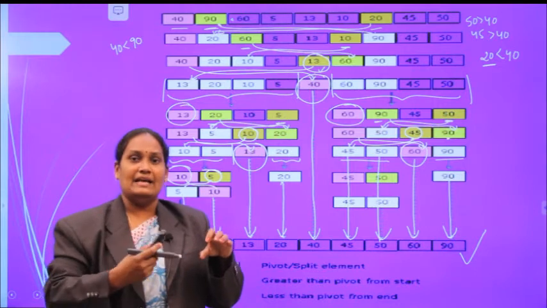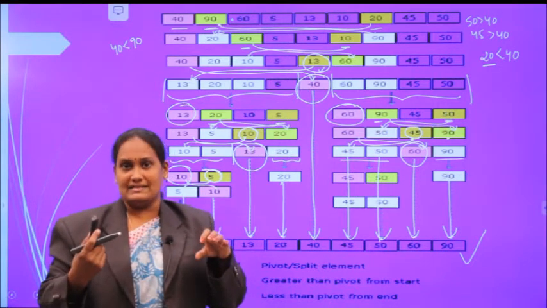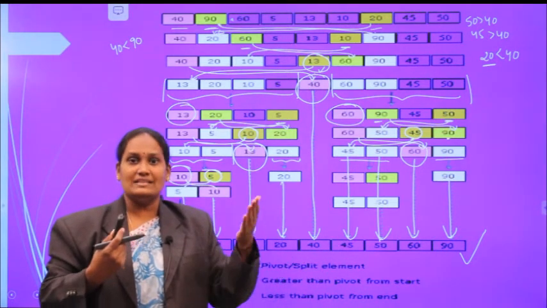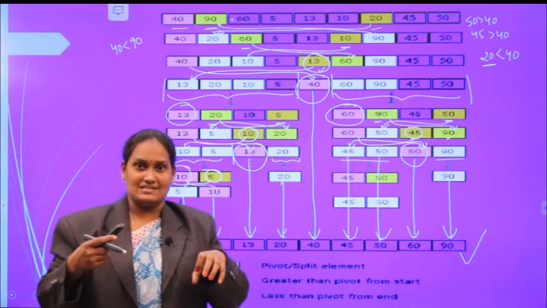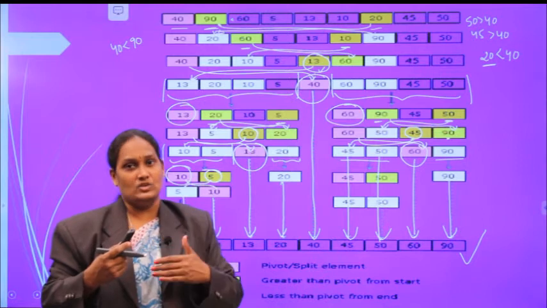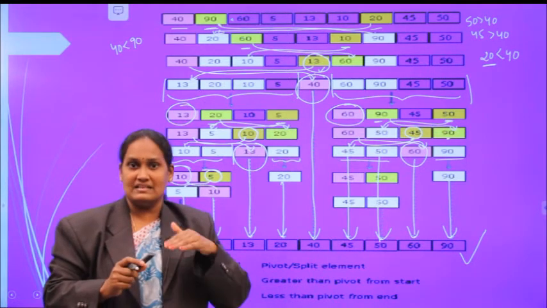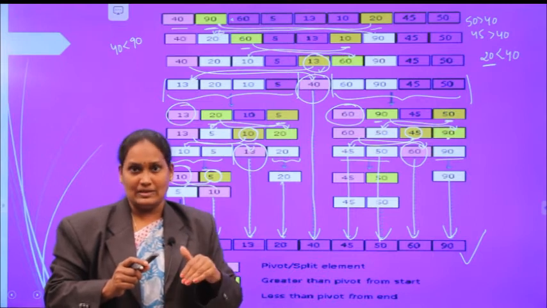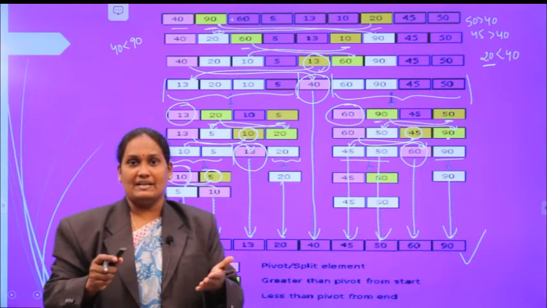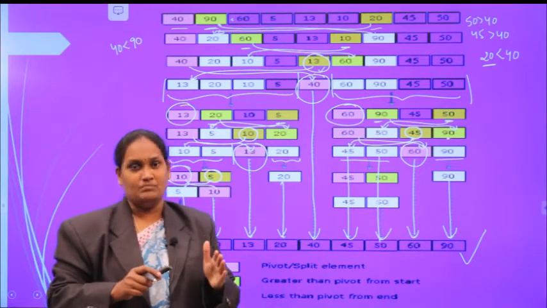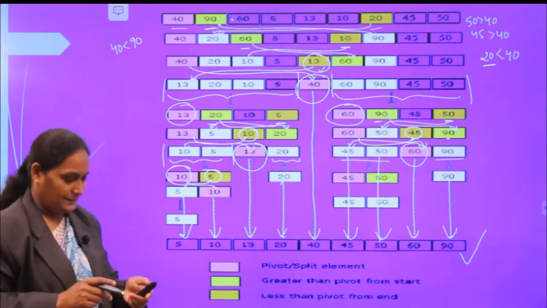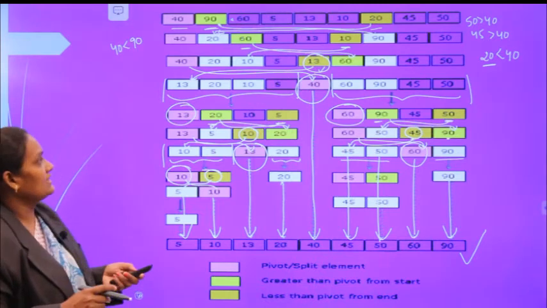In that case, the elements present before the pivot element are less than it, and the elements present after the pivot element are greater than it. So the pivot element partitions the array into two sub-arrays. These two sub-arrays are to be sorted individually in the same procedure, by considering randomly one element as the pivot element and partitioning that sub-array into two sub-arrays by rearranging the pivot element. So we continue the same procedure to get the final sorted array. So this is the process of quicksort.